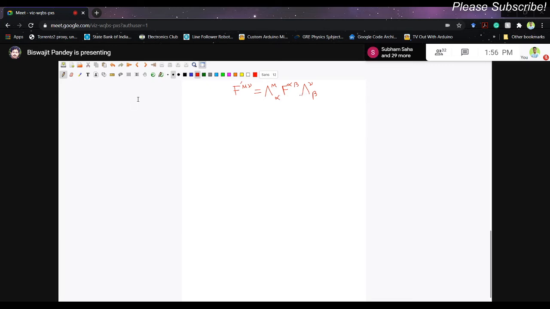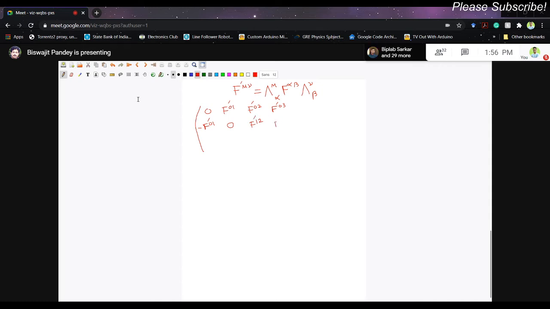Now, what was our f mu nu, which we have just proposed? Let us write down the second rank antisymmetric tensor in the prime frame. This is our object in the prime frame. What is that? It's an antisymmetric tensor, so all diagonal elements are 0. F01 prime, F02 prime, F03 prime. Then since it is antisymmetric, the first element of the second row is minus F01 prime, this is 0, this will be F12 prime,